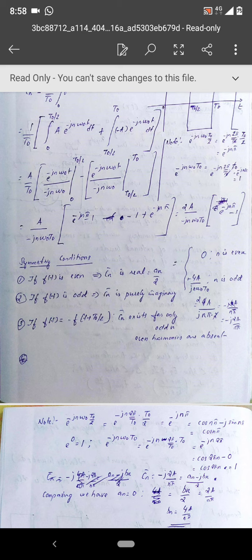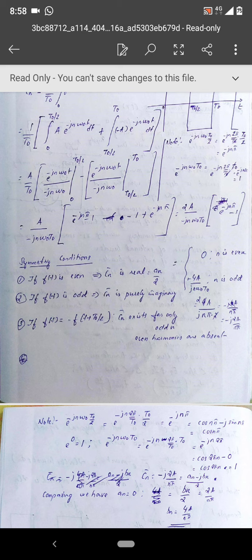That becomes minus 4a by minus jn omega naught t naught. That minus sign and minus sign gets cancelled. What you get is 4 plus 4a divided by jn omega naught t naught for n is equal to odd. Again I can substitute the same thing, that is if omega naught is equal to